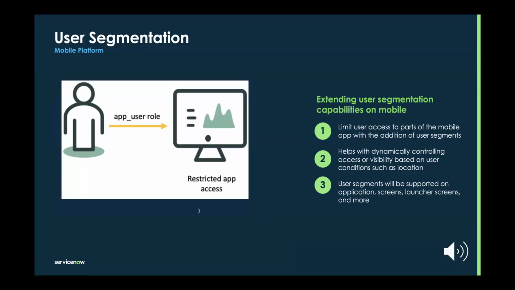I also want to highlight user segmentation. This is a new feature that allows you to limit access to specific parts of your apps beyond just role permissioning. This has also been a long overdue ask for many of our customers, because it helps you with dynamically controlling access based on user conditions such as location or department. It just gives you another level of control on your apps over who you want to permission specific screens, or even tabs to. And then user segmentation will be supported at the application level, the launcher screen level, and then